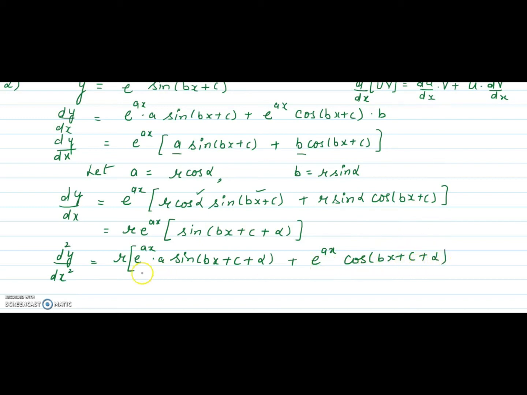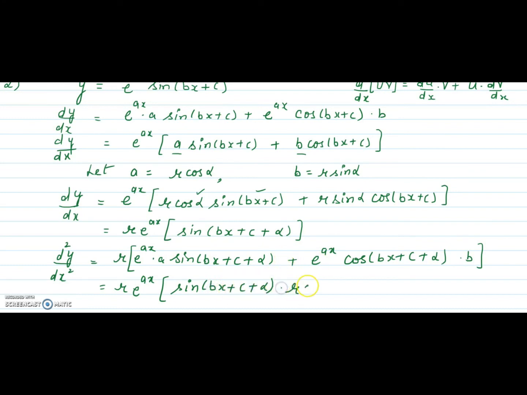Now alpha and r are constants, and again the derivative of this will be equal to b. R is common, e raised to power ax is common. Again use the same values of a and b,